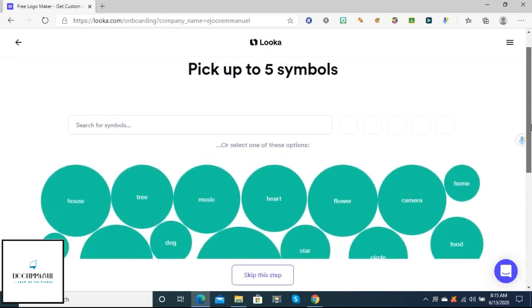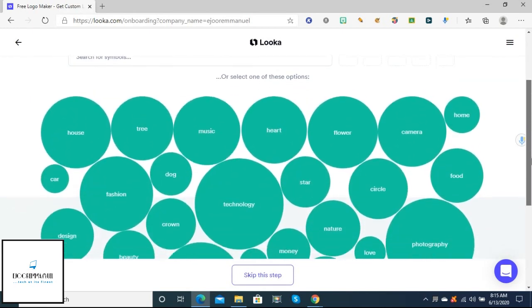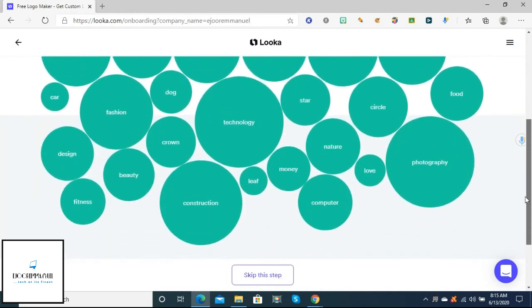Okay. Next is to pick symbols. Pick symbols you want to use in your logo, so as I said,